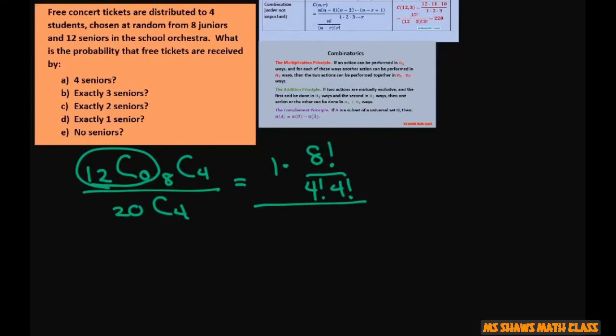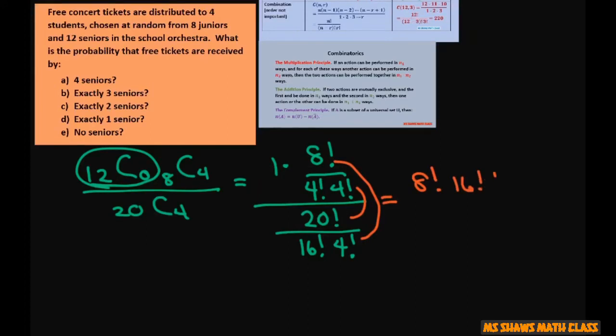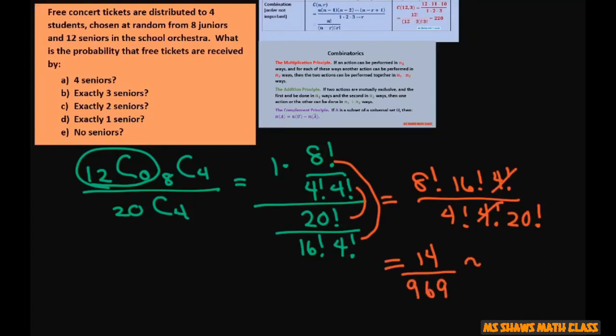And then you get 20 factorial, 4 factorial, 4 plus 16 is 20. So this is going to give you, group these together and group those together. 8 factorial, 16 factorial, 4 factorial, divided by 4 factorial times 4 factorial times 20 factorial. Go ahead and cross those out. And then you're going to get 14 divided by 969,